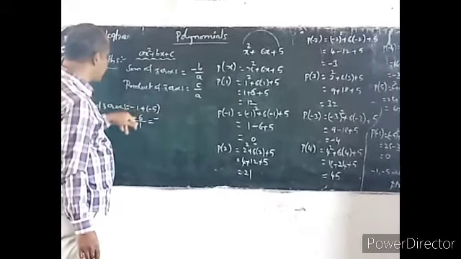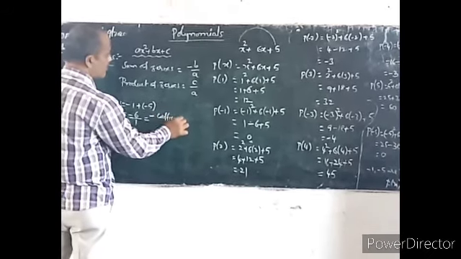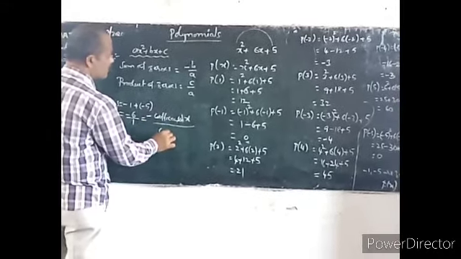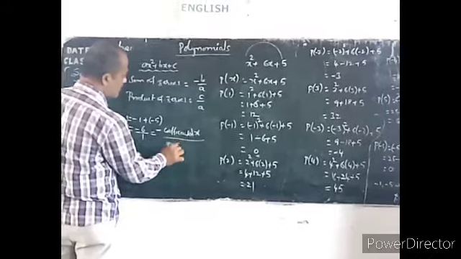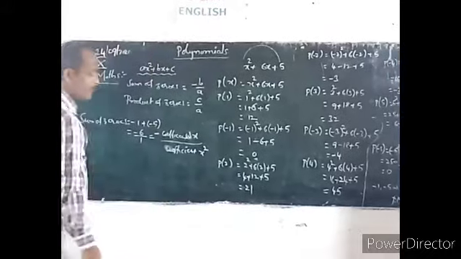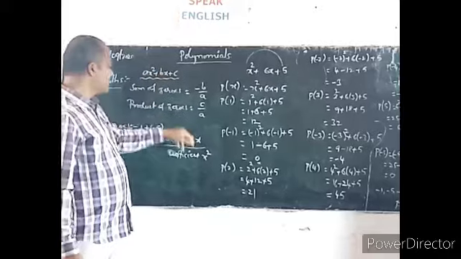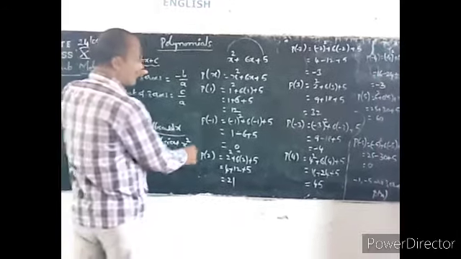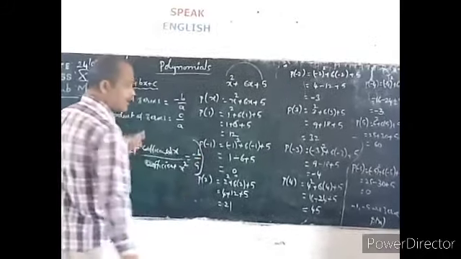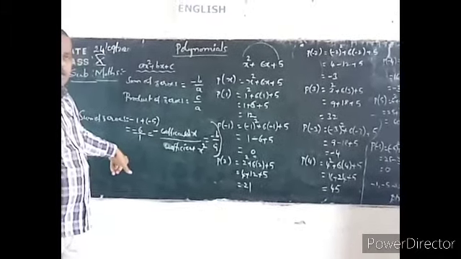But before that, what do you get here? Minus. So minus of coefficient of x, by 1, is nothing but the coefficient of x square. That is nothing but, according to this formation, minus b by a only. According to the standard form, minus b by a. Yes or no? Yes, sir. What we wrote is the formula. Is it correct or not?